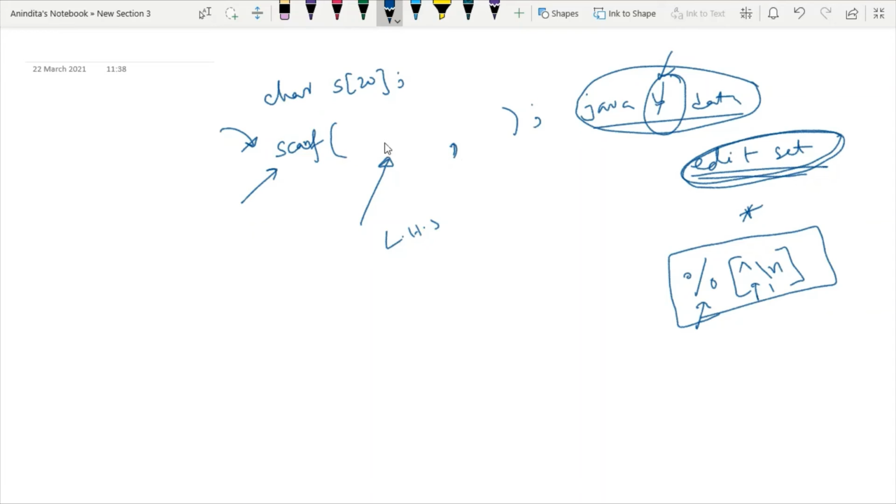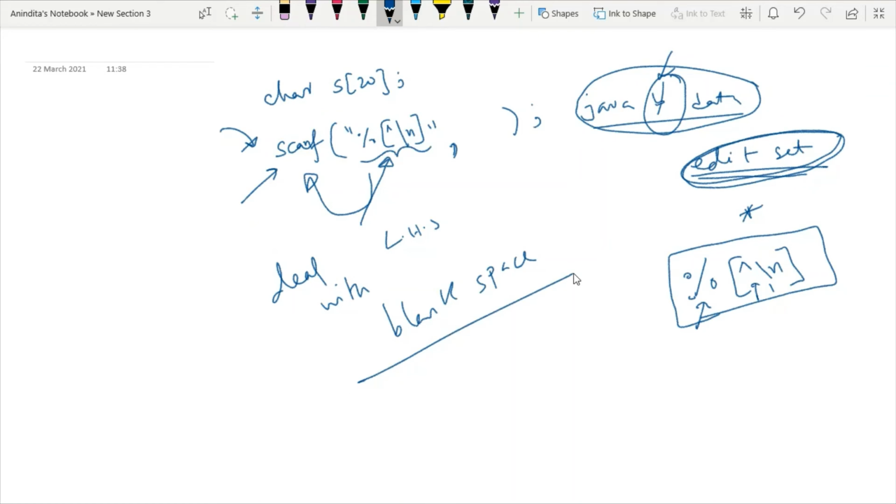So here I want to use an edit set. So how to use it? The first component is percent. Then the second component is square bracket. The third component is the caret symbol, and then we have backslash n. So whenever I am using this syntax, it means now my scanf has the power to deal with blank space.